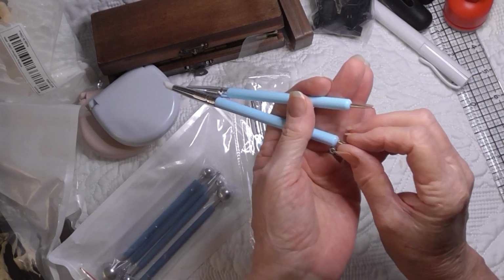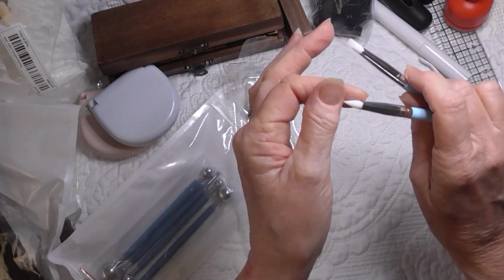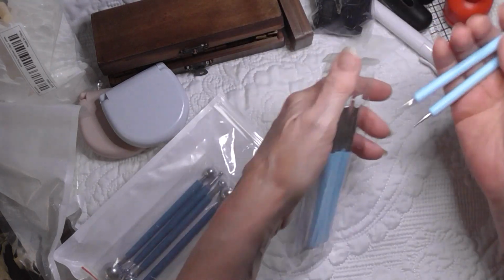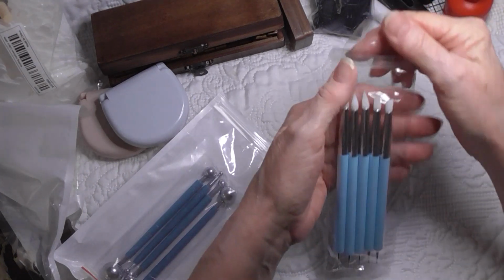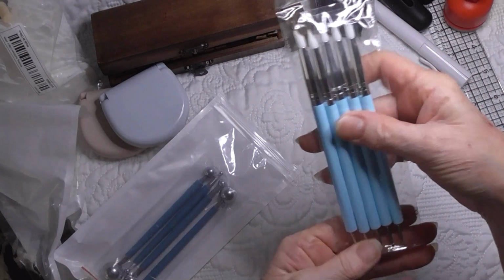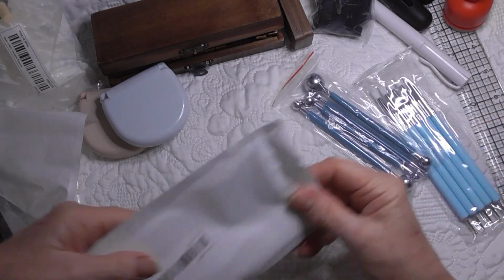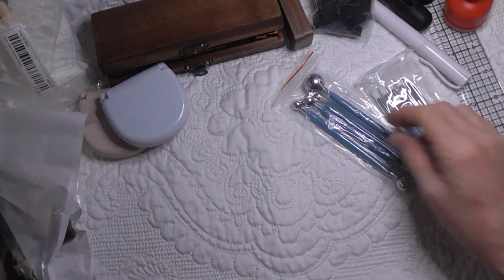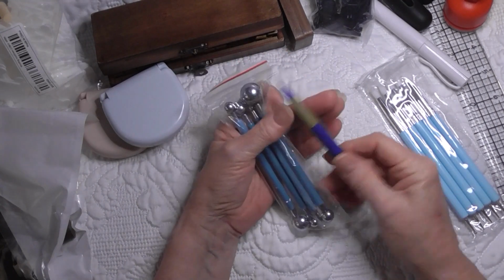See, these have like dotting tools on the other side of them, but all these ends are silicone, which is great when you're using glues and things like that. And the dotting tools will come in handy as well when I start painting, you know, for dotted effects. So you get 5 silicone tools and dotting tools. And then you also get these stylus tools, they're called. You also get these ball tools, which I'm wondering, because I use my stylus here, but